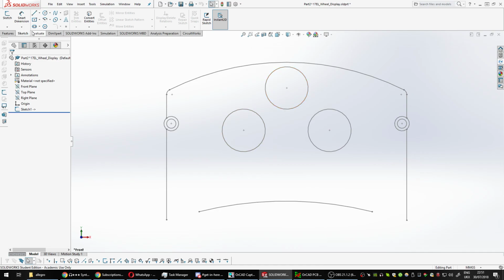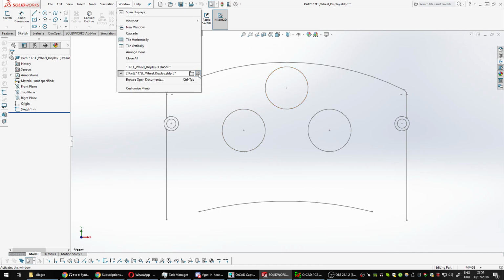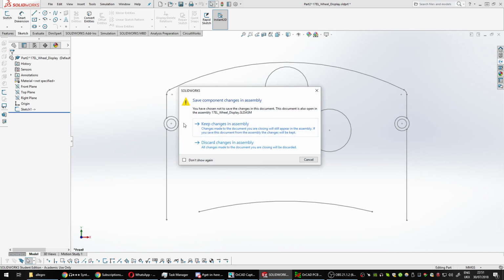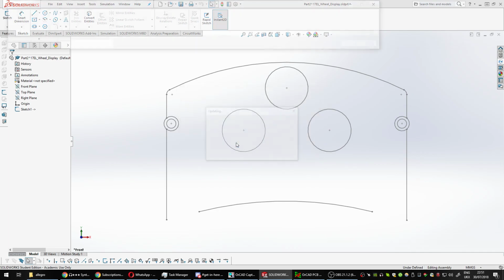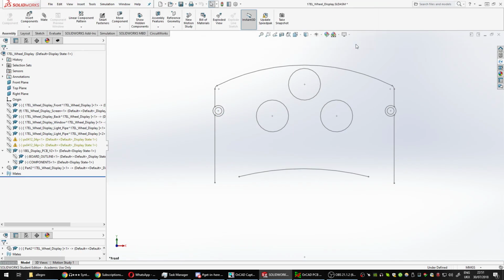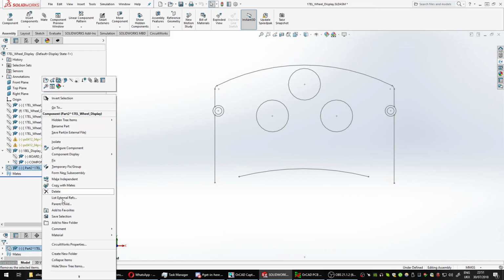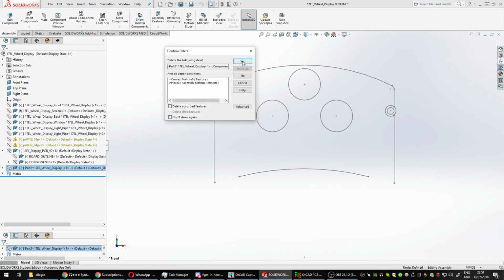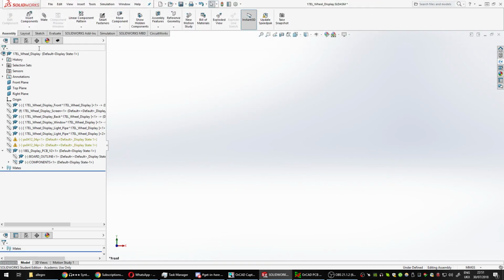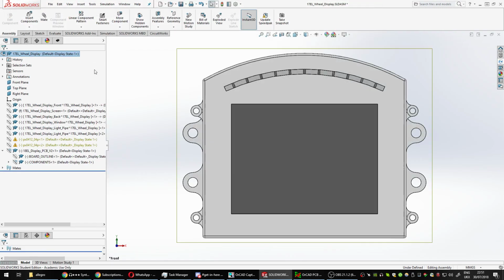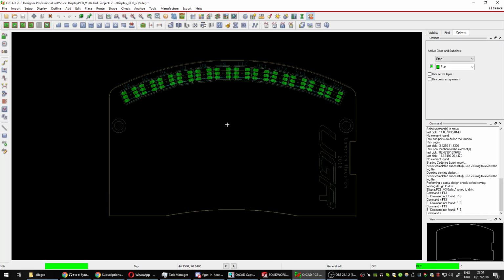Now what you want to do after that, just because you've just made a random part, is remove that part from your assembly completely. And keep removing the errors. There you go. So now